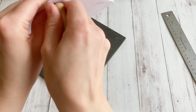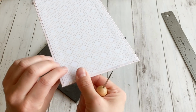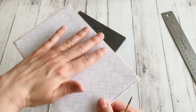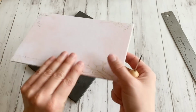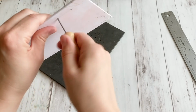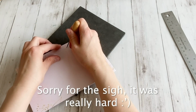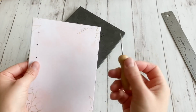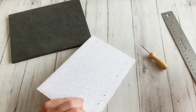Really going in there. And you see the back side is always a little bit less beautiful. What you can do, of course, is also poke the holes first before adding this page, and then poke back on the other side. But it's okay. This is handwork. This is not machine made. This is made with pure love, not with machines. Okay, with maybe a few tools. Okay, on the back,